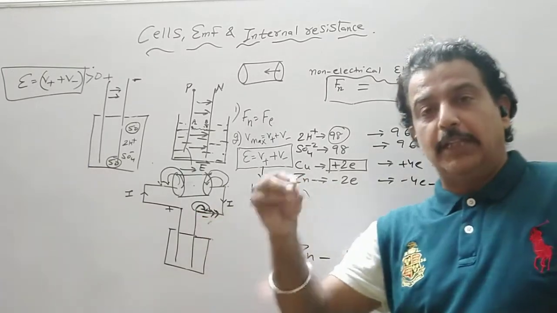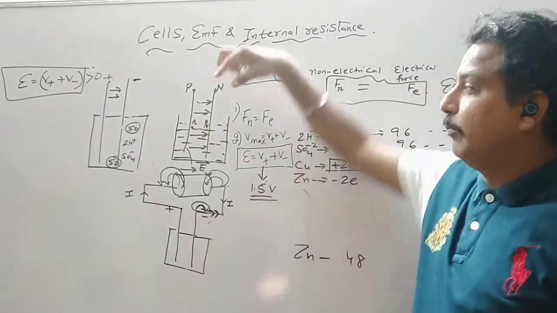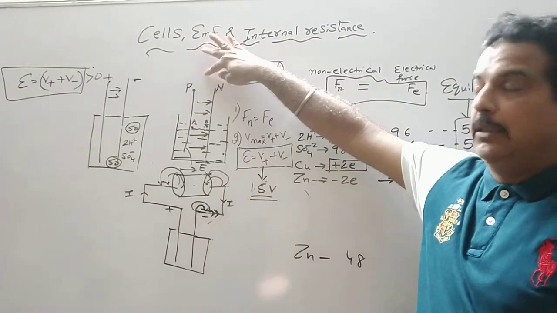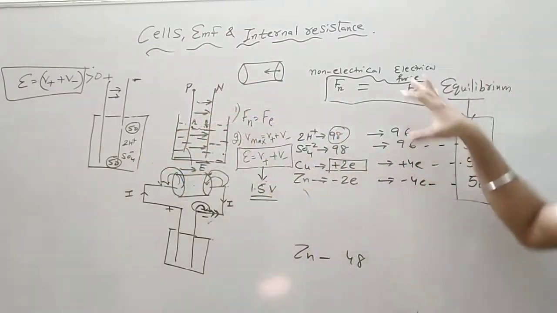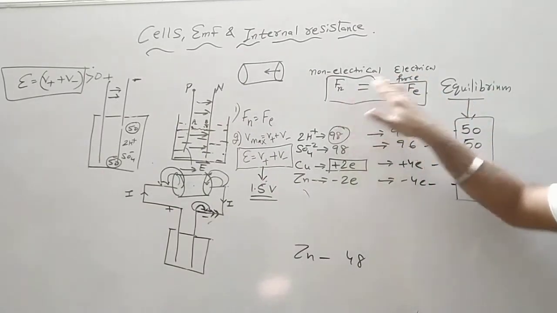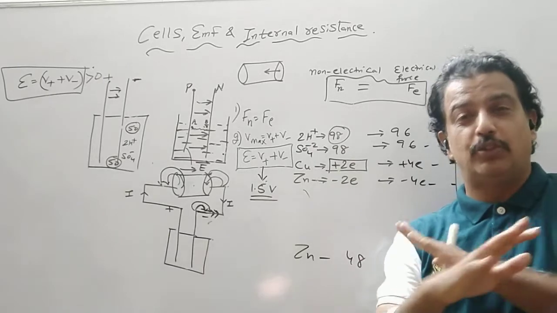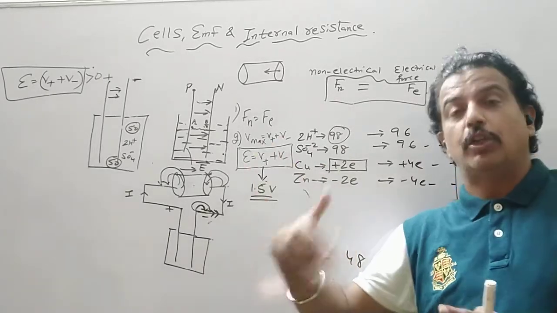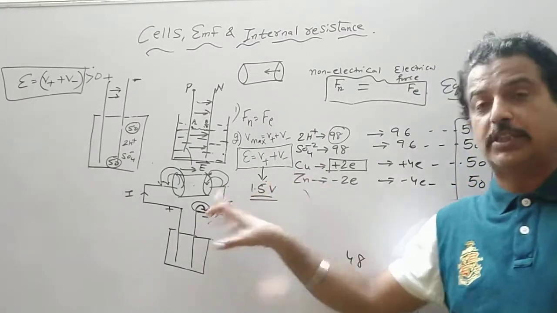we know that electrons flow whenever they get a conducting path. So now they got a conducting path. When we brought the cell, there was no conducting path. Moreover, all the numbers were equal, or Fn was equal to Fe. Both strengths were equal, so there is no motion of positive ions or motion of electrons. That is called an open circuit condition. Now it is a closed circuit condition.